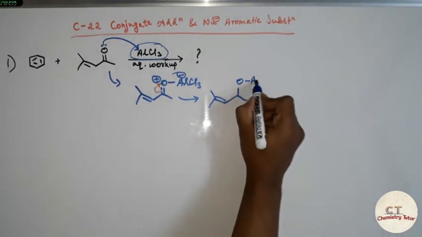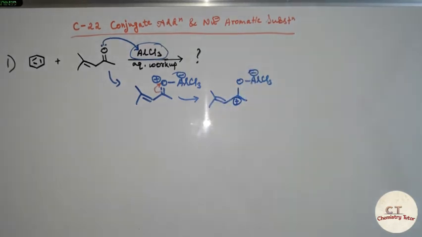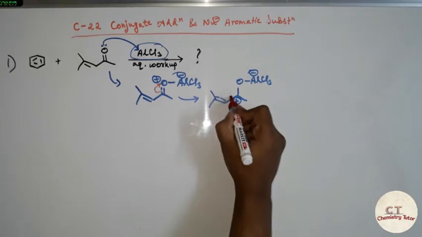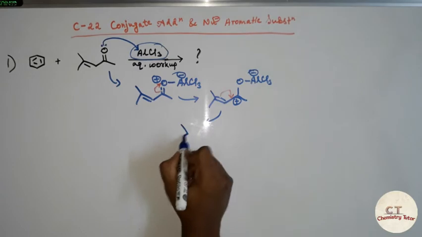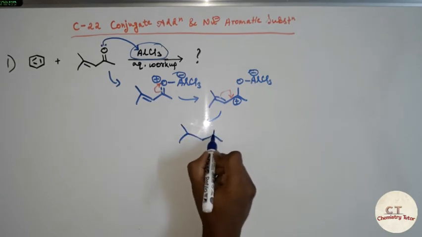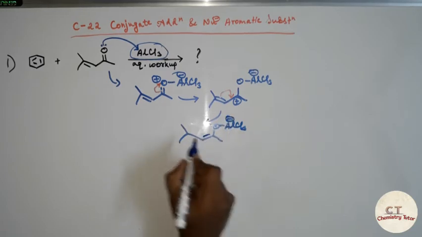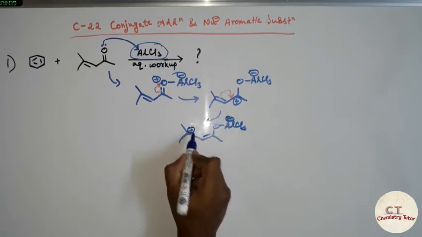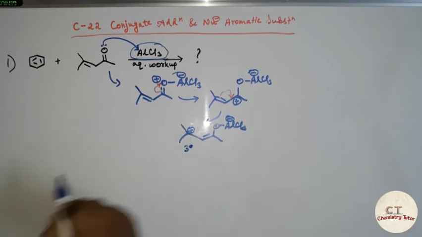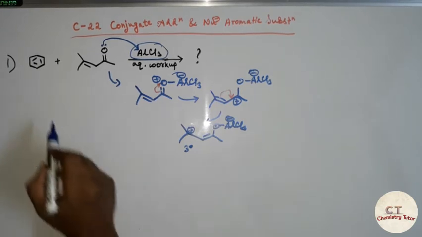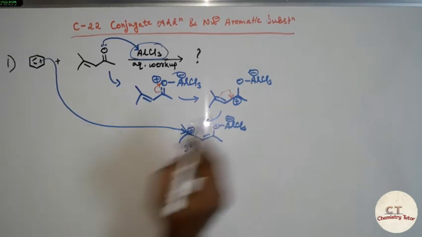O AlCl3 minus, and there will be a positive charge on this carbon atom, and then this bond will go here and we are going to get AlCl3 minus. There will be a bond, and this carbocation is going to be formed because it is a tertiary carbocation, a 3-degree carbocation, so it is very stable. So this carbocation is going to be formed, and then the benzene pi bond is going to attack this carbocation, and it will give us